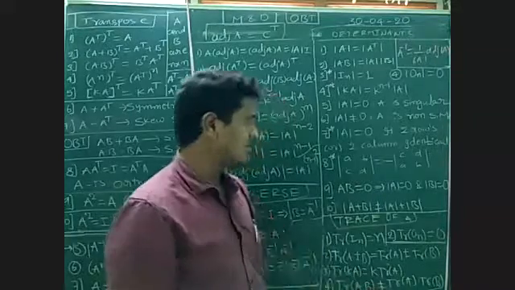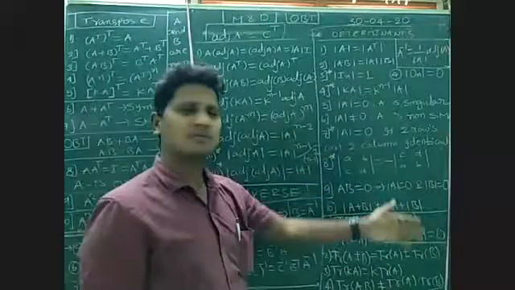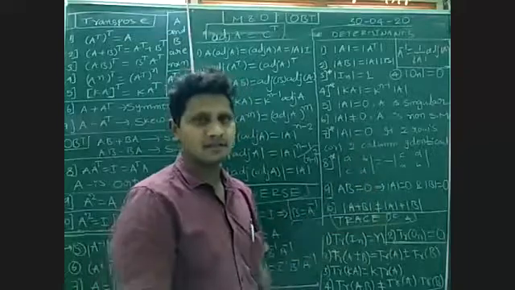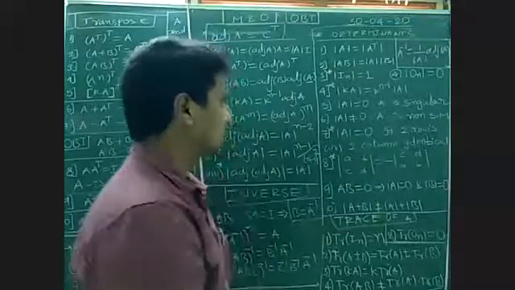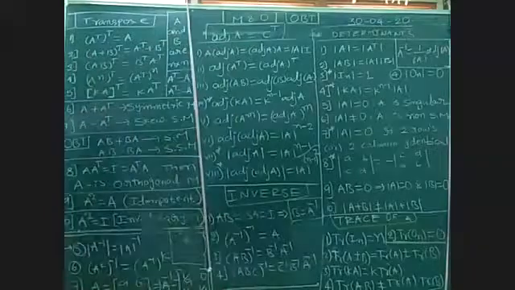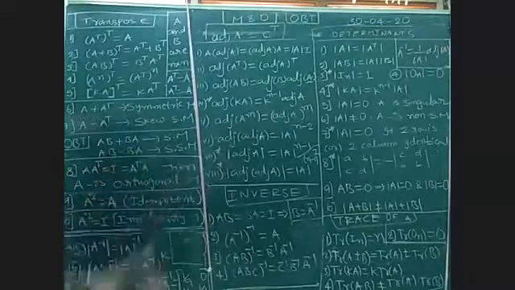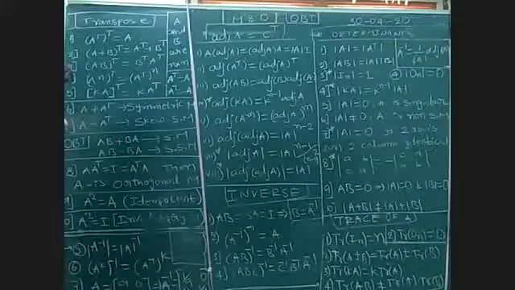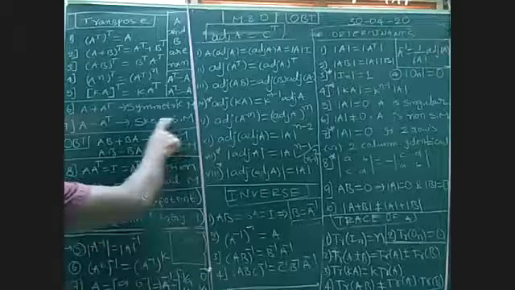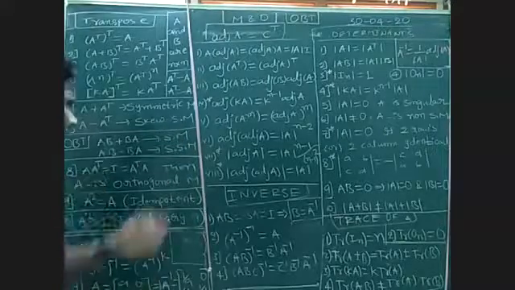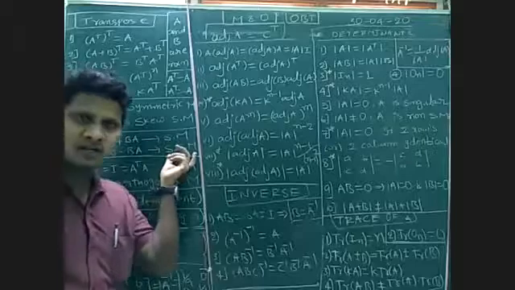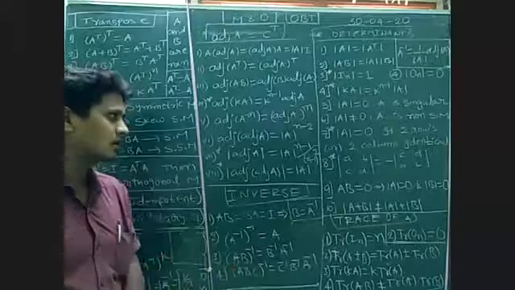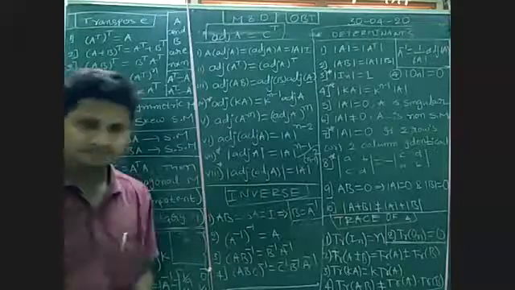Remember these properties. Coming to the determinant properties, many properties are there. We have seen them, and we even applied those properties in exercise 2. Remember all these properties. These are very important properties I have written. Based on these only, they may ask objective questions. Already you know that a skew symmetric matrix means diagonal elements are 0. What is the determinant of a skew symmetric matrix? The determinant of a skew symmetric matrix is always 0. Remember that, it is also a direct question.